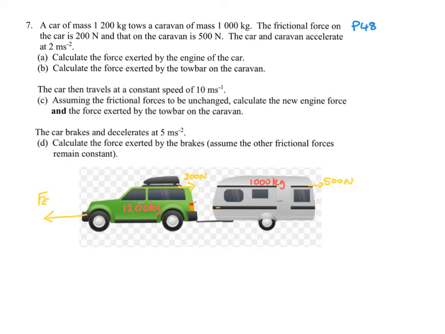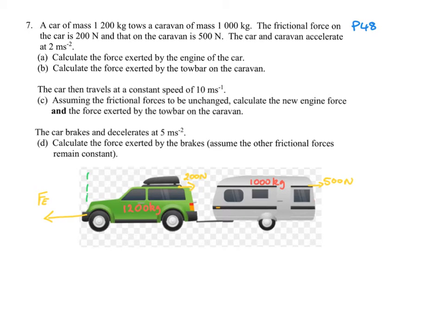So we're told that a car is pulling along a caravan, which gives you the mass of both the car and the caravan. It tells you that there's friction acting on the car, and then there's a separate frictional force acting on the caravan. The engine force to the left here, as we've drawn it, is what pulls the system along. It tells us that the full system accelerates at 2 meters per second squared. So that is the forces involved in the whole system. You've got this engine force to the left, and you've got 700 newtons in total of friction acting against the motion. So part A of the problem,